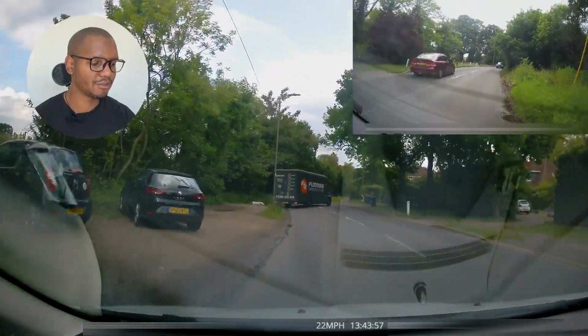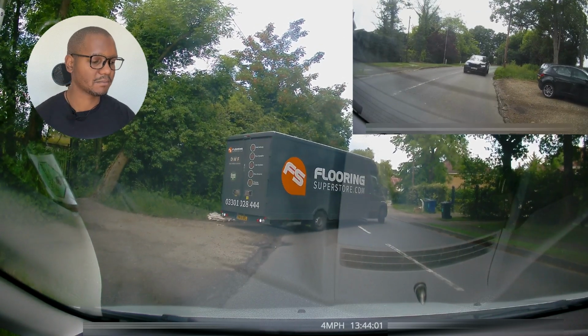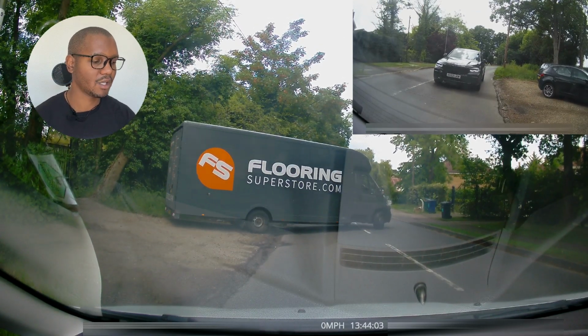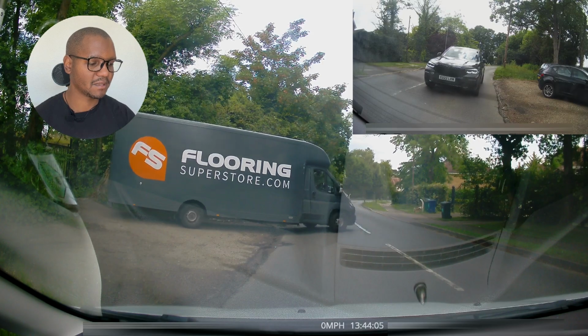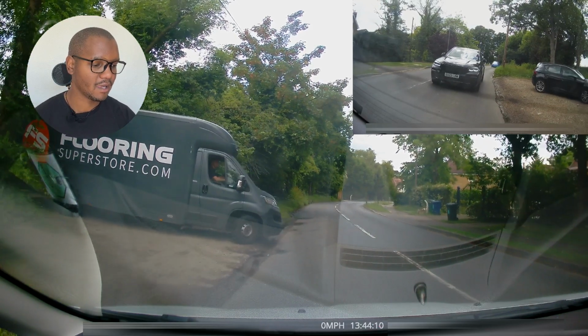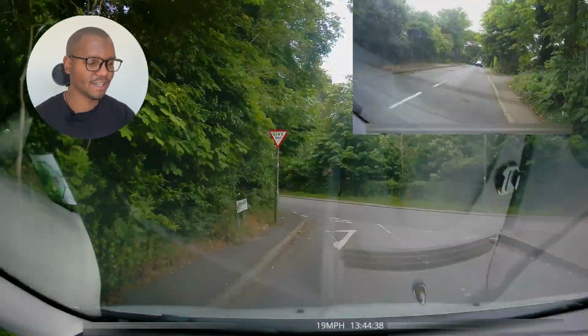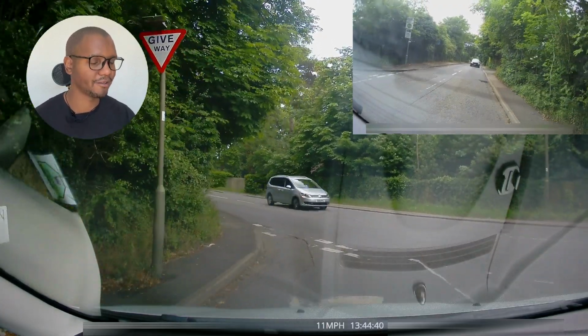You want to be very careful. Then you've got someone reversing in the middle of the road, so give them plenty of space. You don't know what they're doing. They could be trying to turn around. Whatever they're doing, just give them plenty of space, which is what my brother has done. Giving the van driver lots of room. Then once he has space, he can move on. Make eye contact with the driver as well, so that he's not trying to come out at the same time